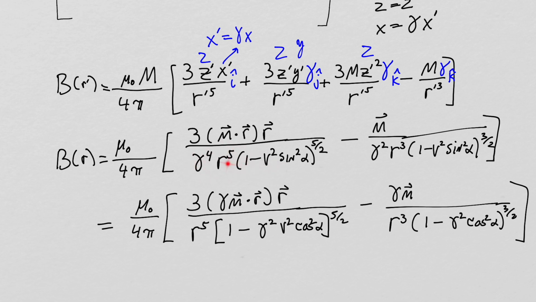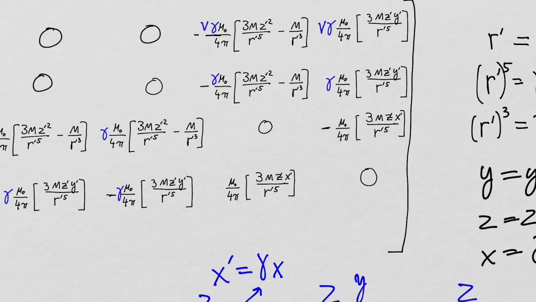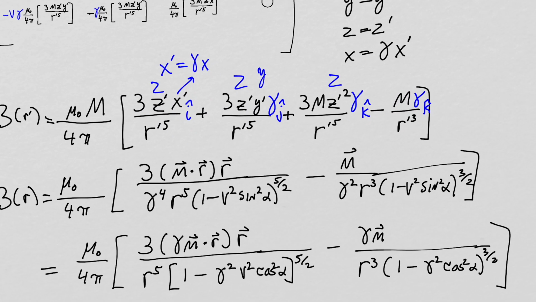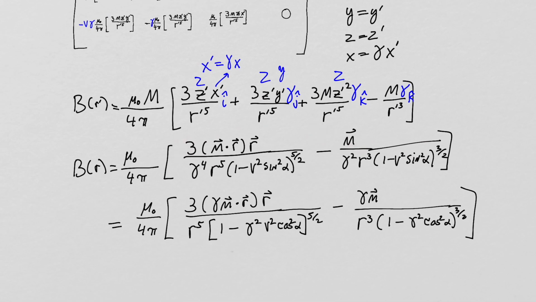The denominator gets this r to the fifth, 1 minus v squared sine squared alpha, and this guy gets gamma squared r cubed, 1 minus v squared sine squared alpha. This becomes gamma squared because the gamma appears in this term right from here, so that distributes right in and hits that second part of the z component. So anyway, this guy becomes in vector form this expression, and this is now